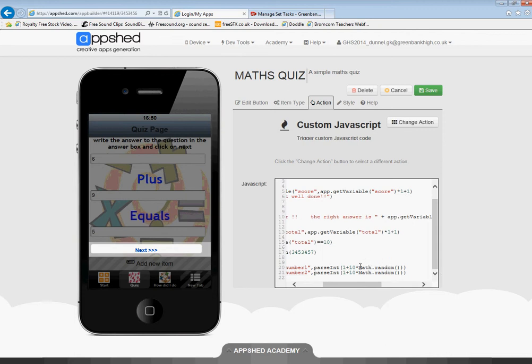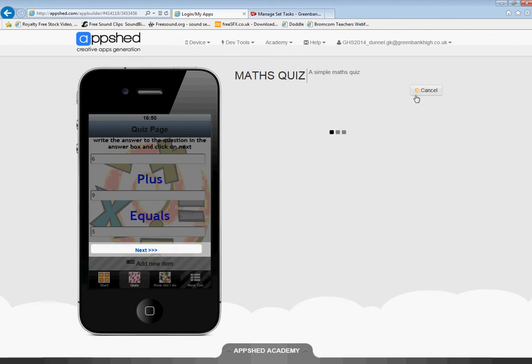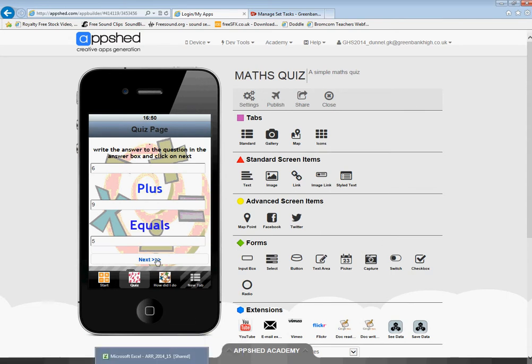So if you remember, the random number is always going to be between 0 and 1. So to turn that into an integer number between 1 and 10, we multiply it by 10 and add 1. Okay, and then the parsing does that. So if I save that and try it out,